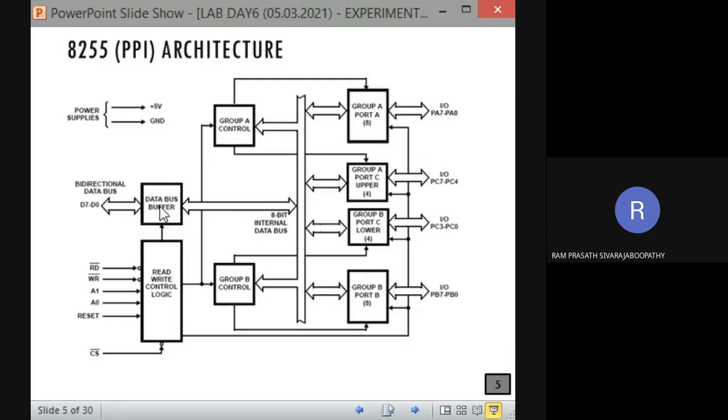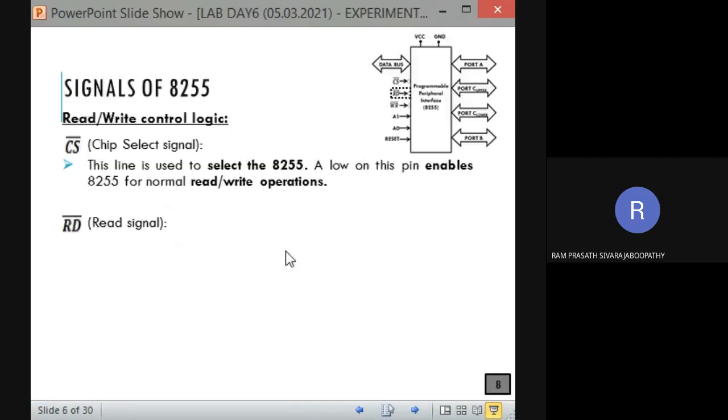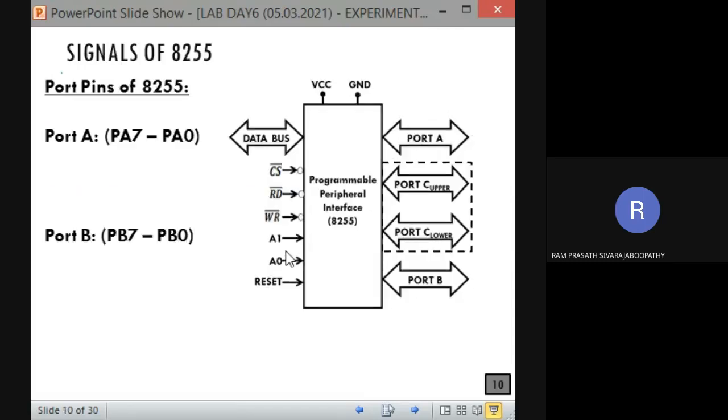To configure this, we have group A and group B control. For that, the bit pattern from our control word register goes there, and based on that the ports will be configured. What is the control word we write going to control? It is going to control the ports. It is going to configure the ports. That's all. Fine. Okay, now we will move on to